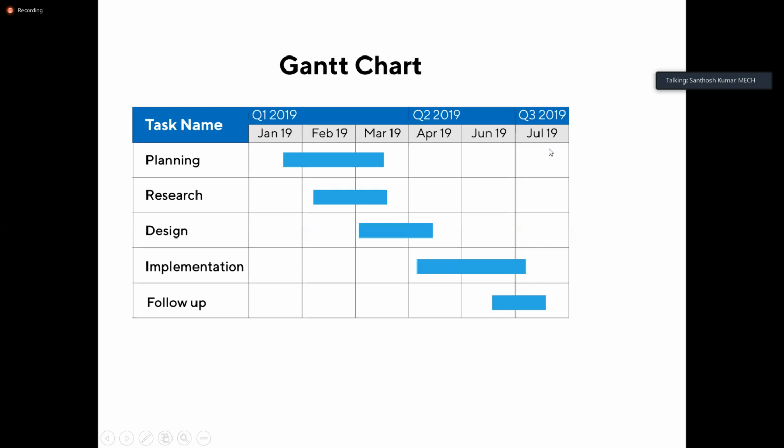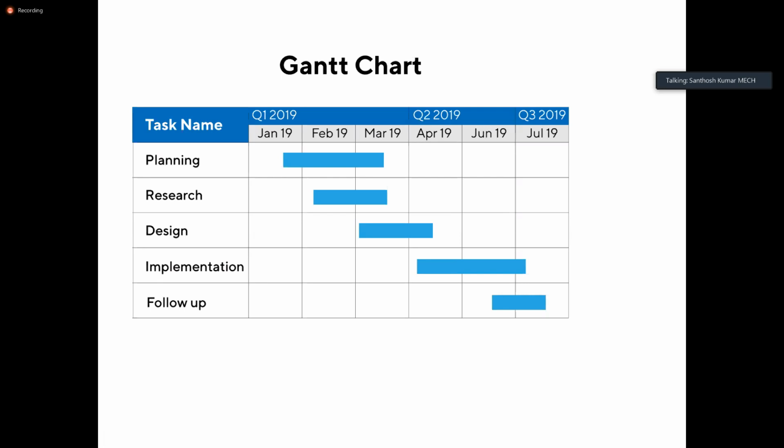Okay, I just asked you to check the Gantt chart. Maybe I don't know whether you checked the Gantt chart or not. I just want to make sure that everyone understands the Gantt chart. So I'm giving you Gantt charts of two types: a single-project Gantt chart and a multiple-project Gantt chart.